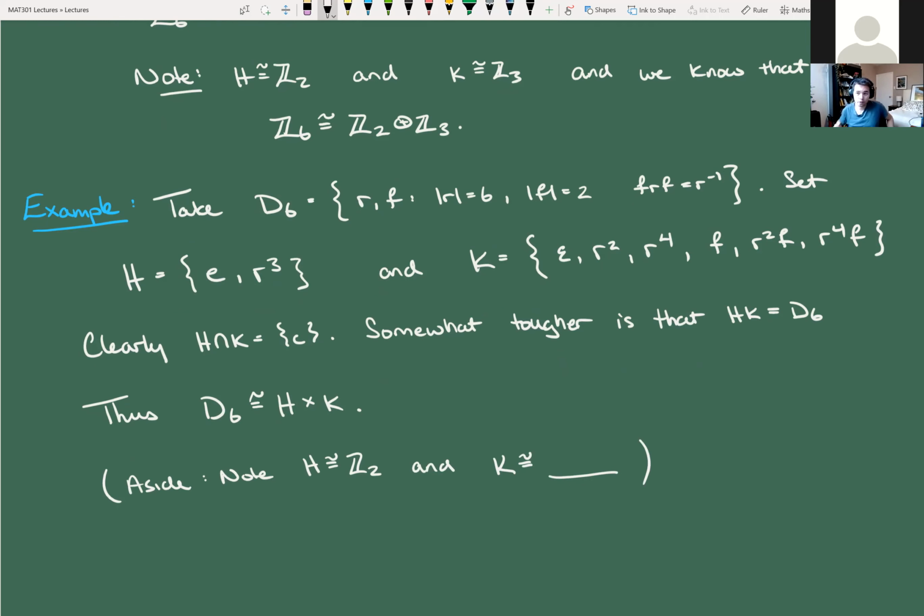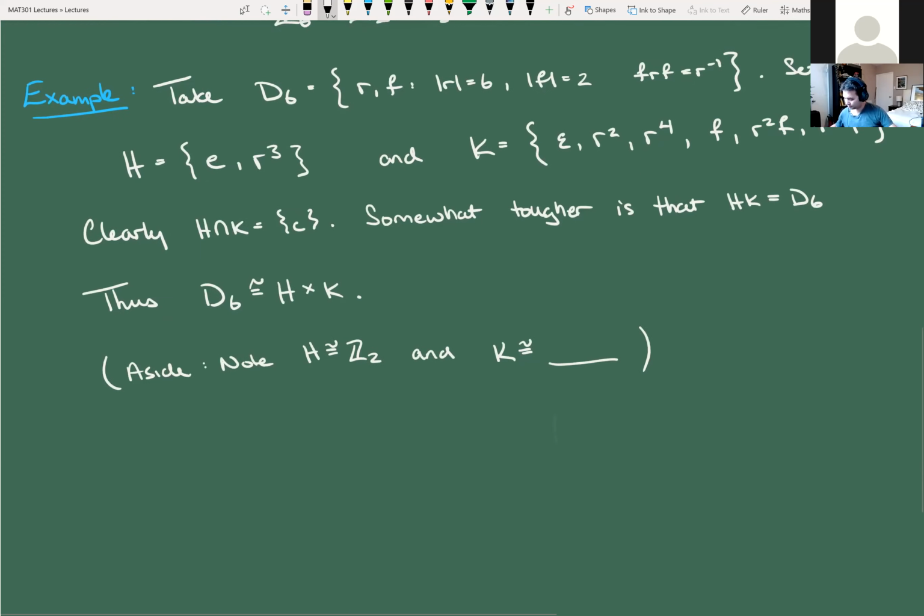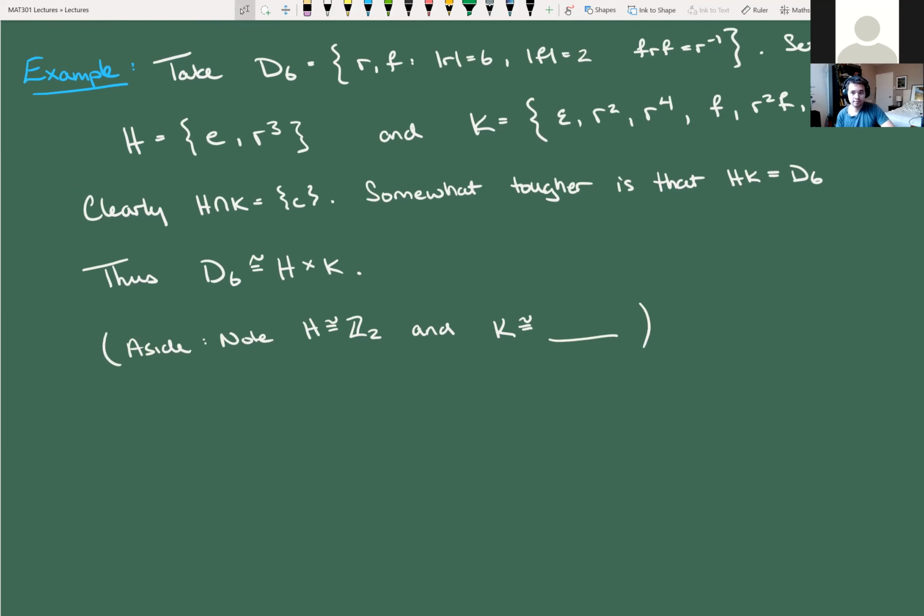Any guesses? It's a group of order 6, right? We've only got 3 of them. So what does it got to be? Any guesses? Because if we enumerate our groups of order 6, what do we got? We've got Z6, right? In fact, no, I guess we've only got 2 of them. We've got Z6 and we've got S3. And if this thing's not abelian, well, it's got to be S3. So it's pretty easy to check. This thing is isomorphic to S3,